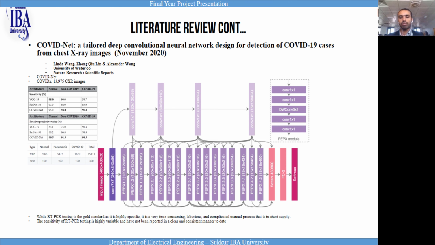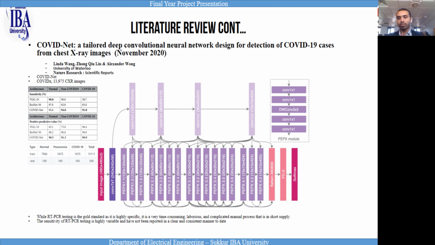They have collected around 14,000 images, and after training their model, they have compared their model with the ResNet 50 and VGG 19. Their sensitivity rate